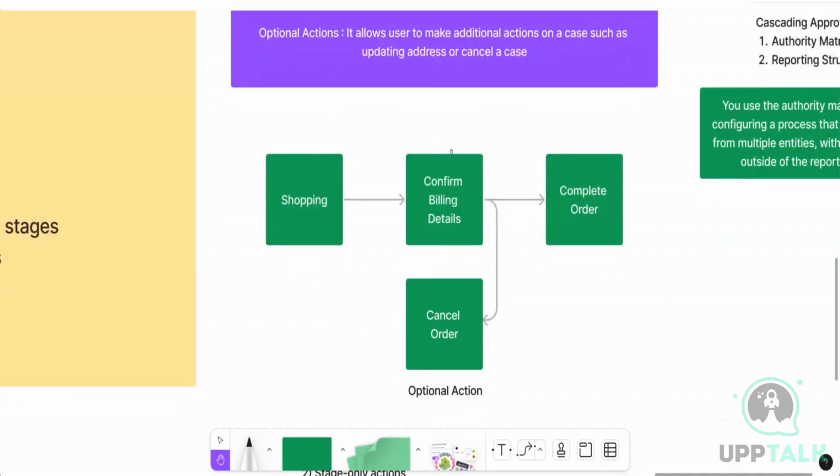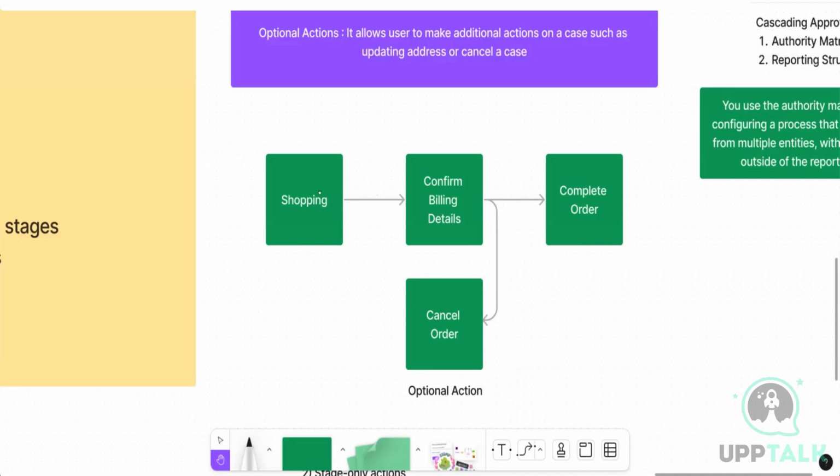So I created this example because you are quite familiar with e-commerce. For example, when you go to Amazon and you added the products to a cart, then you went to the address, you add the address, and then you go to the payment. Inside the payment, you're waiting for that one-time OTP. Let's say your OTP screen is this, the second one. But at that time, you find out that you don't want to buy this. That means you want to cancel it. So what do you usually do? You press the back key, or you can click on that cancel, which you find somewhere below. So that cancel is an optional action